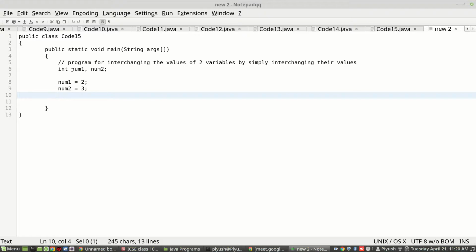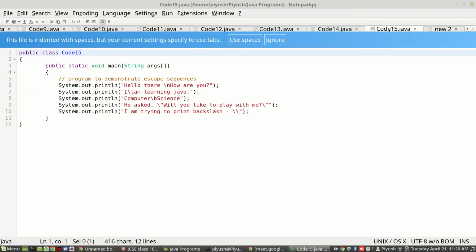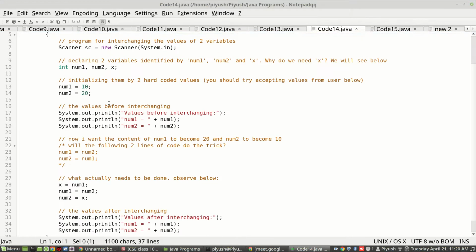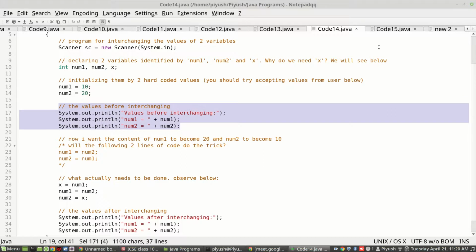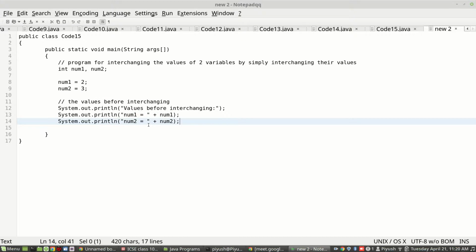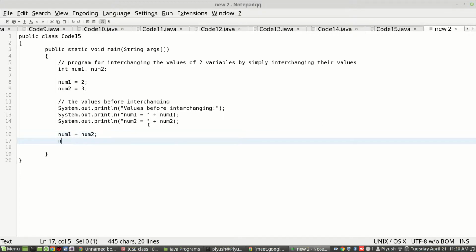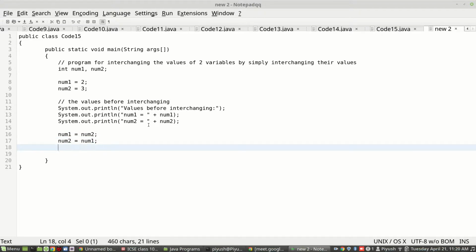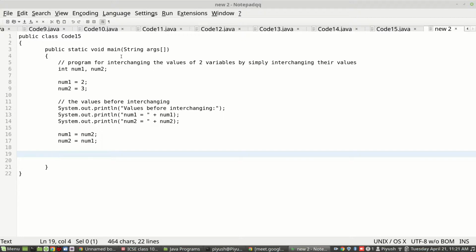Okay, I'll print the values before interchanging, and then I'll do num1 is equals to num2 and num2 is equals to num1, and then I'll print the values after interchanging.